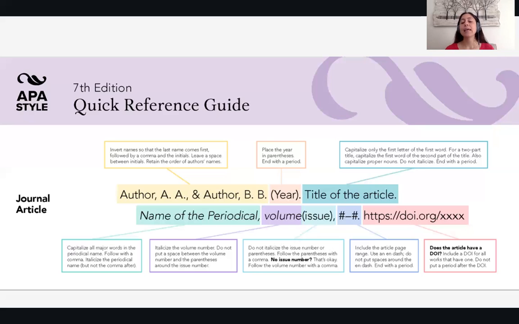period. Okay. The very last thing that goes in your reference is the DOI, which is the Digital Object Identifier, if I'm not mistaken. And most articles will have one for you, and it'll either be written as just the numbers, in which case you'd write lowercase DOI colon the number, or if they have the hyperlink as you have in this example, you would write the hyperlink. And we'll talk more about DOI numbers at the end. Okay, so basic